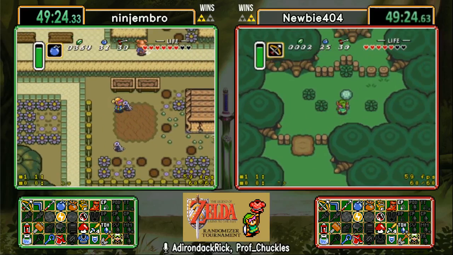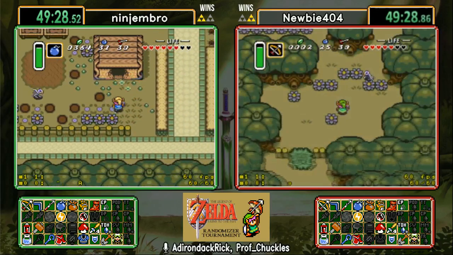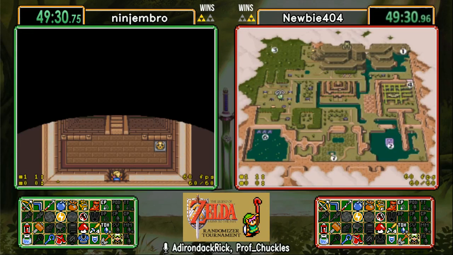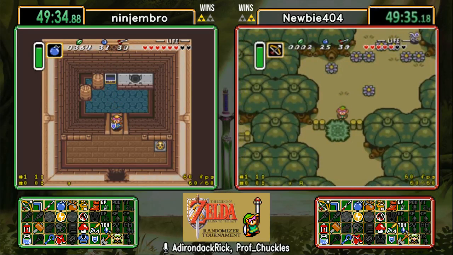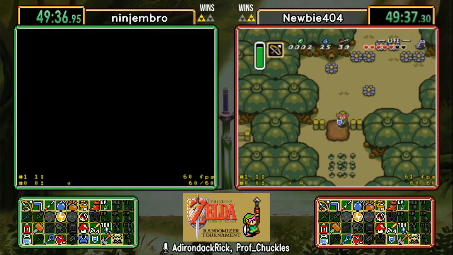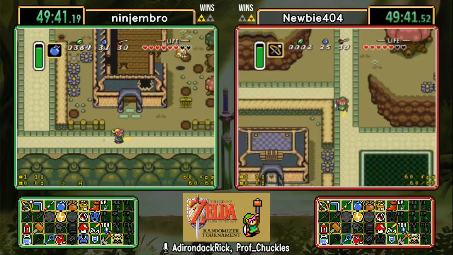I wouldn't be surprised if Ninjembro, after checking this cave, has to go into... Oh no, that's right, Thieves Town is a green pendant. Yeah, it's a green pendant. They might go in for the 4 items, and oh my gosh, Flippers. We've got the flippers. Okay, so we do know, by the way, at this point,